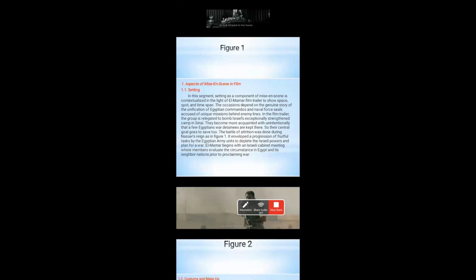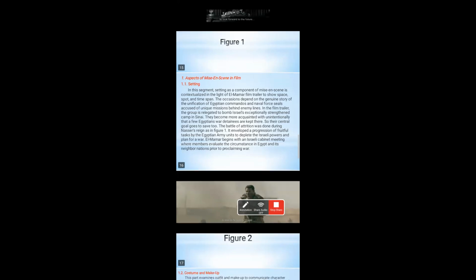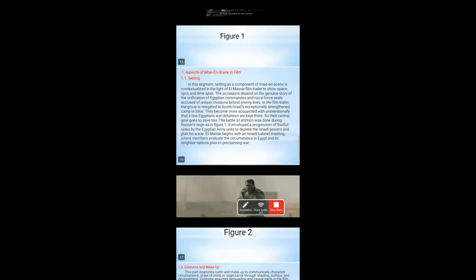The Battle of Attrition was done during Nasser's reign, a progression of the Israeli powers and plan for a war. So in the film, it begins with an Israeli cabinet meeting where members evaluate the circumstances in Egypt and its neighbor nations prior to the proclaiming of the war of attrition. Now we want to see another example from the film trailer that shows us